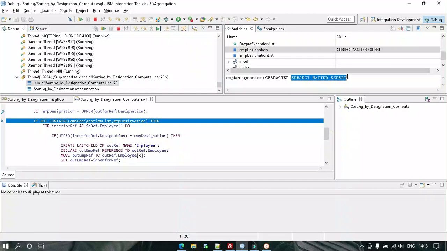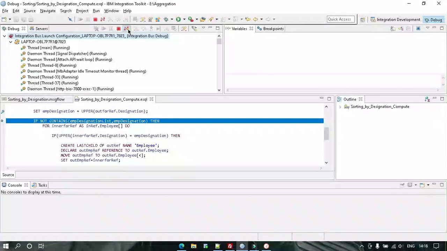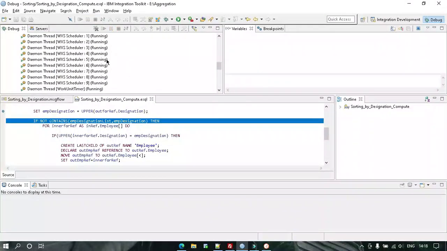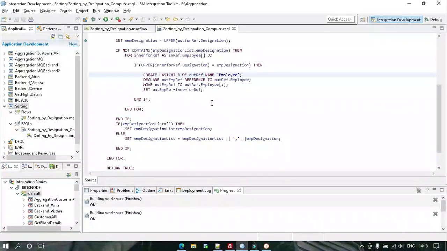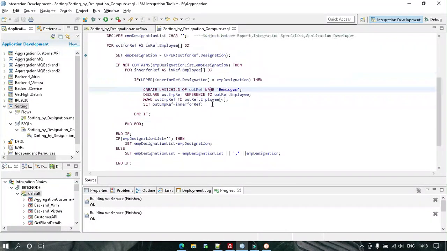But we want this string to come like this, within single quotes. Then there will be an exact match and we won't face any problem. So how can we do this?